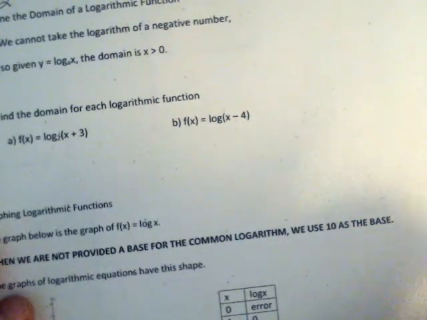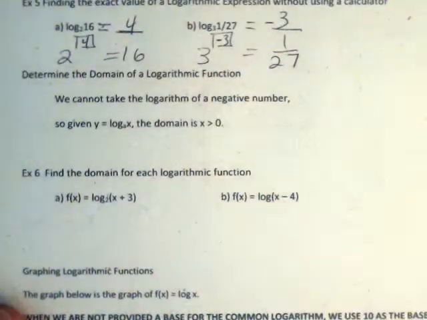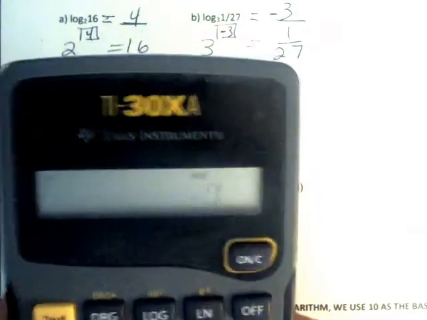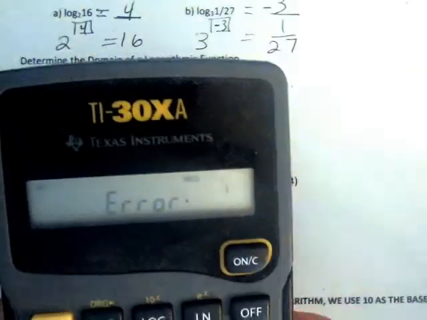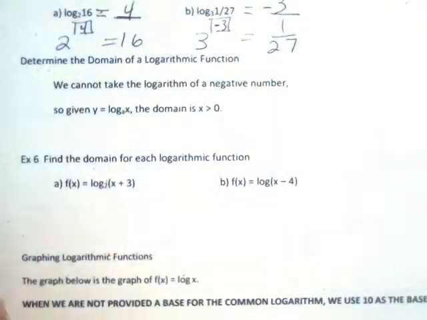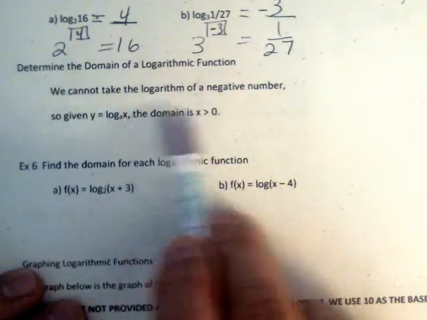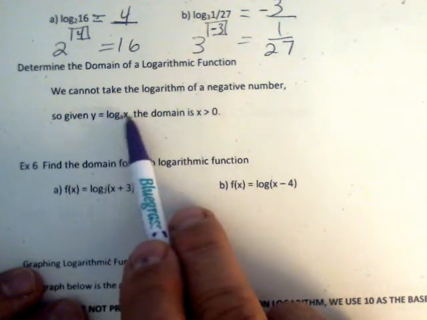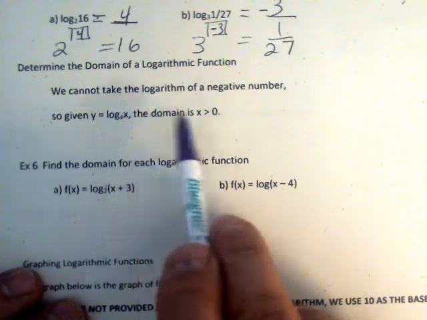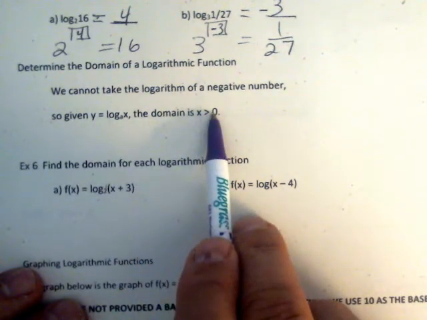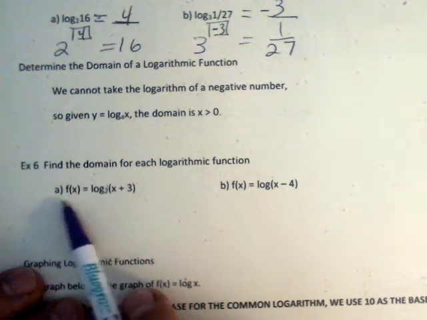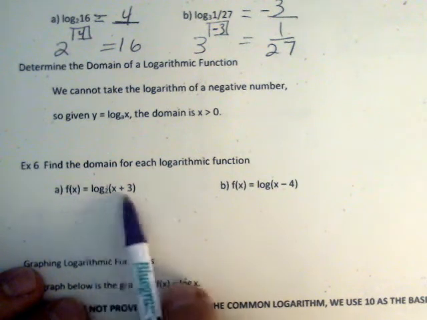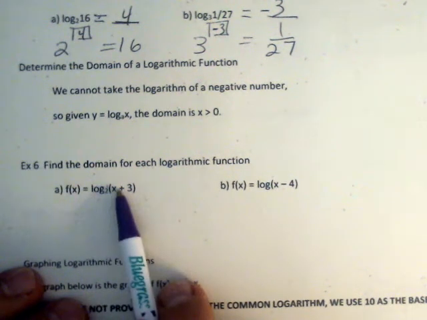Logarithms also have domain issues. They got issues, man. Just issues all over the place. For example, if I told you to find the log of negative 10, I get an error. You cannot take the logarithm of a negative number, or 0 for that matter. So the domain for any number you put into your calculator to take the logarithm of, it must be bigger than 0. So therefore, if I have this function, where I want to graph or substitute values in for x,